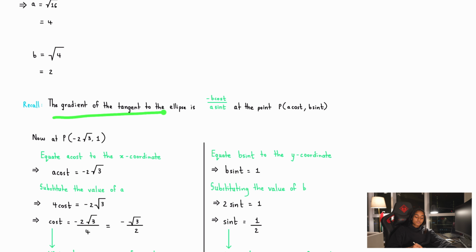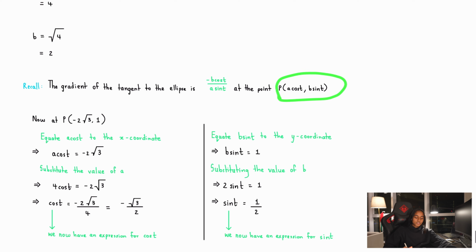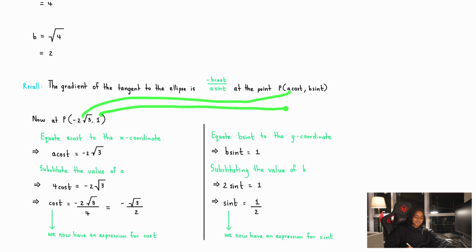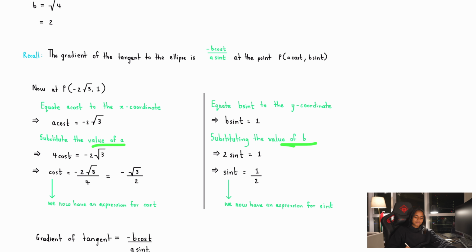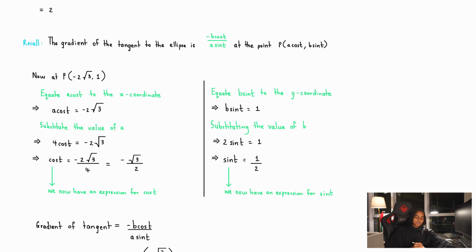We need to recall from before, again our little notes, that the gradient of the tangent to the ellipse is minus b cos t over a sine t at this point. So remember the point is this in this case, so we're going to equate them: this is that, this is b sine t. So a cos t is equal to minus 2 square root 3, and b sine t is equal to 1. We're going to substitute the value of a and b in this case,